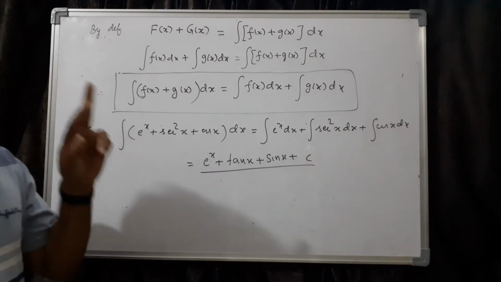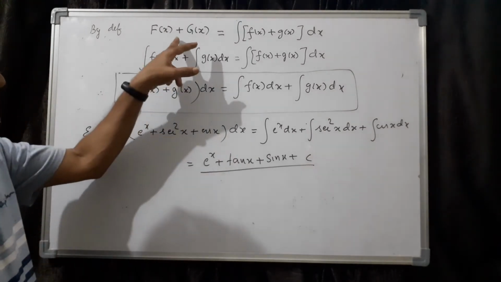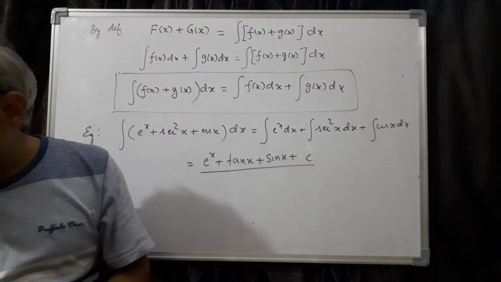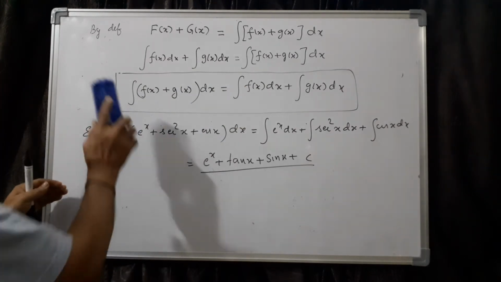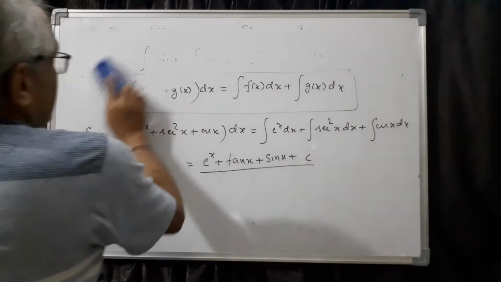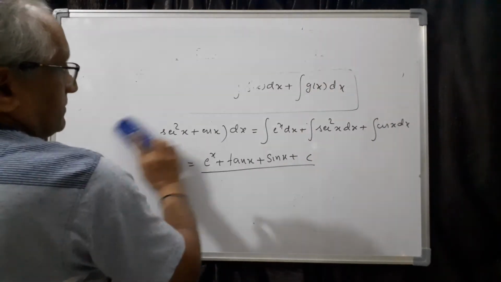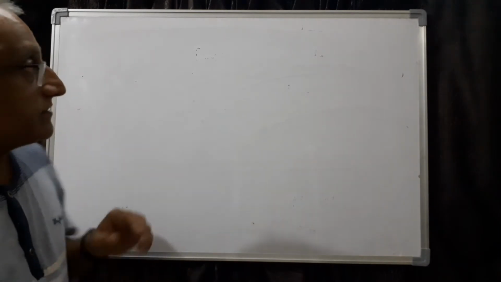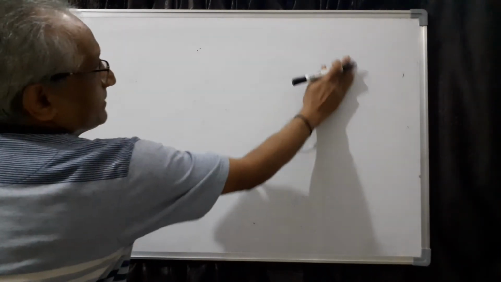And the same proof you can also do for minus, because instead of plus you have to take minus, and you get the answer. So this is the first, addition, then difference. Now let us also take the proof of scalar multiplication.